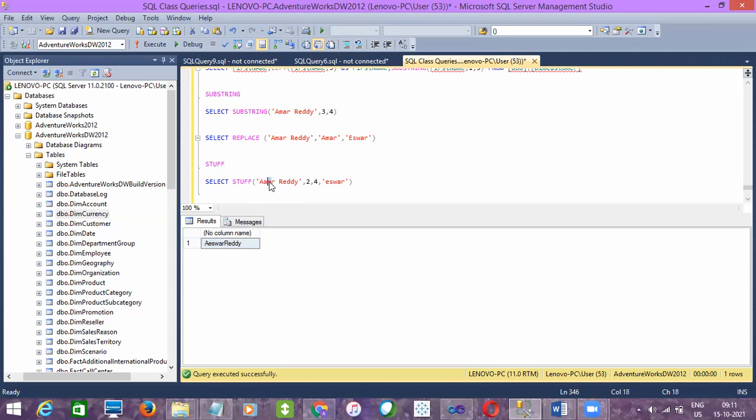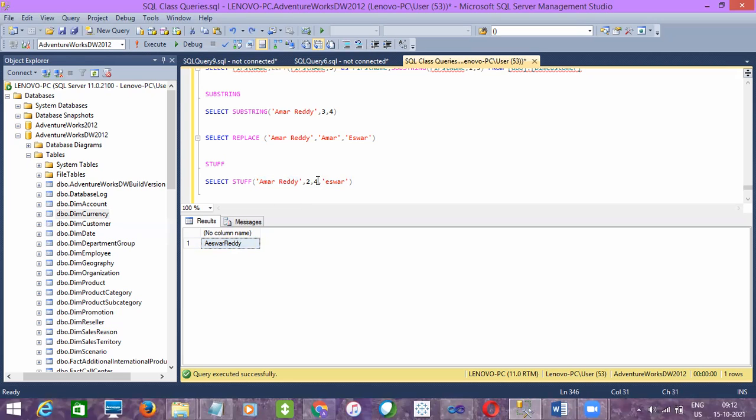First character, second character, third character, 4 characters, right? So that is what it is here: A, and then instead of MAR and space, it is Ishwar, and then the second value continues.